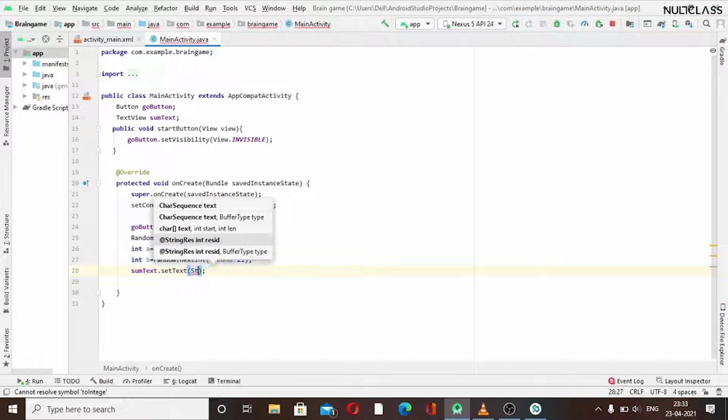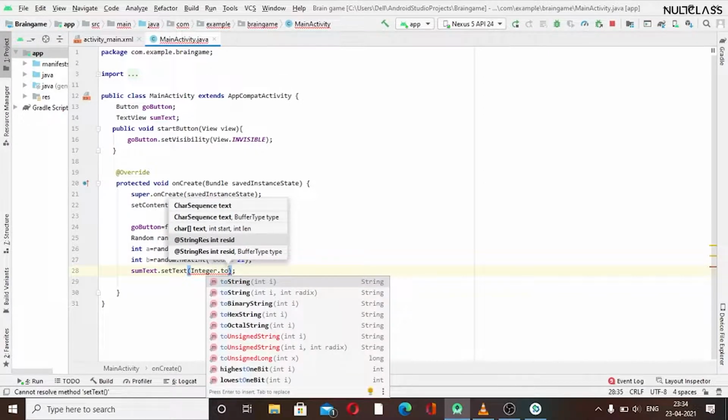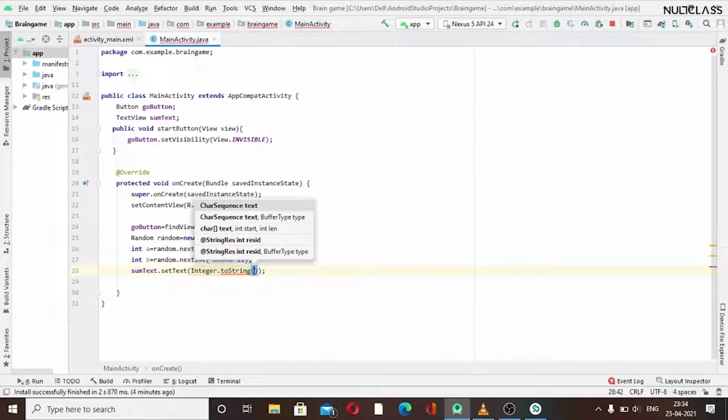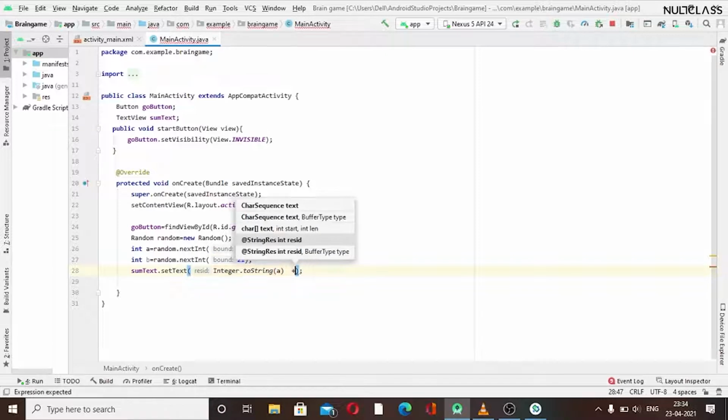I guess that will be Integer.toString, because we want to convert it from integer to string. Yes, and now in that we have to pass the integer. So let's say I have passed a here, and then we want a plus sign in between. For that, this plus is for concatenating two strings, and another plus, this will be for